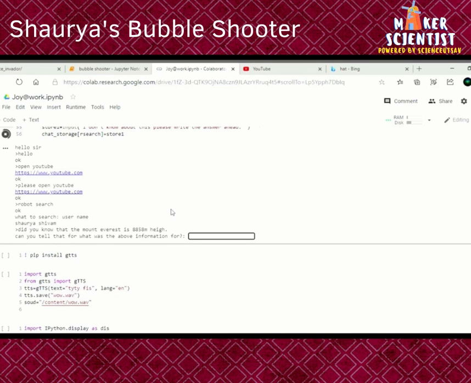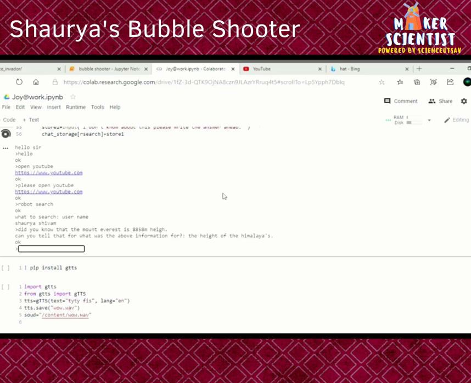So I'll print that. See, it asks for what was the above information for. So it was for the height of the Himalayas. Height of the Himalayas. Okay,